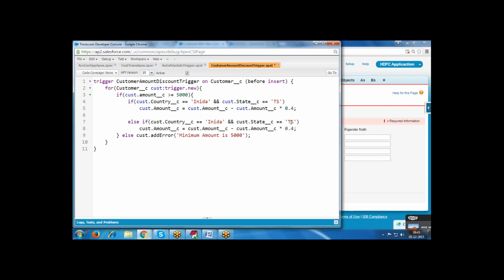Else if country equals India, state equals AP, 0.3, 30%.